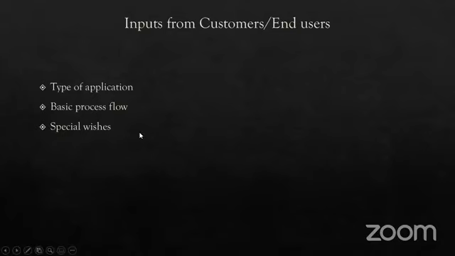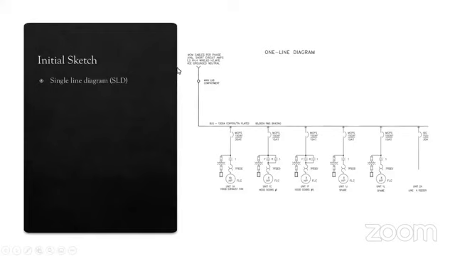And then there are special wishes. If any customer wishes to have a particular switchgear manufacturer, like we have various manufacturers of switchgear, L&T is there, Schneider is there, Siemens is there. If any customer has a special wish that I only want L&T or Schneider switchgear, then those are special wishes. So these are the basic inputs from the customers that we require to move on to the further process. Now the initial sketch